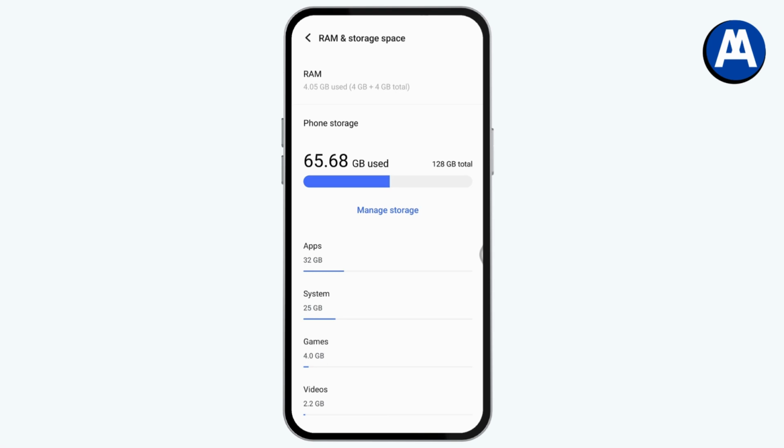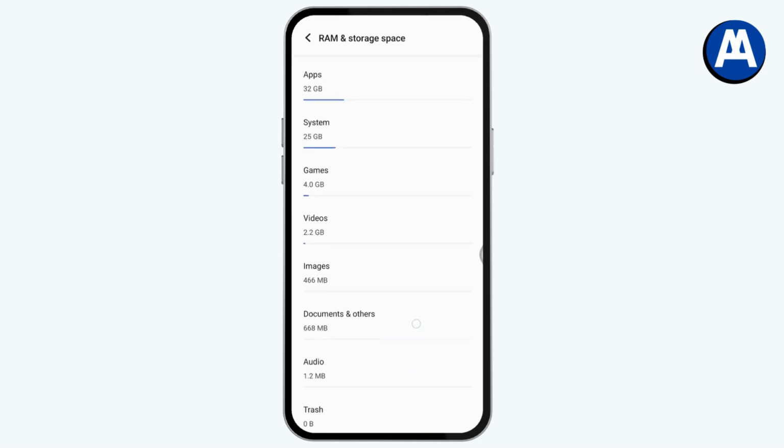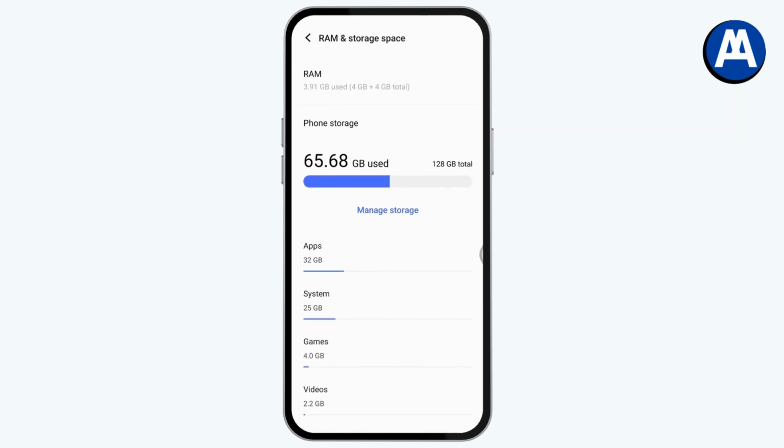go and clear all of the cache or the junk, and after that you will clear your RAM or memory. So that's how you can clear your RAM or memory on your Android,